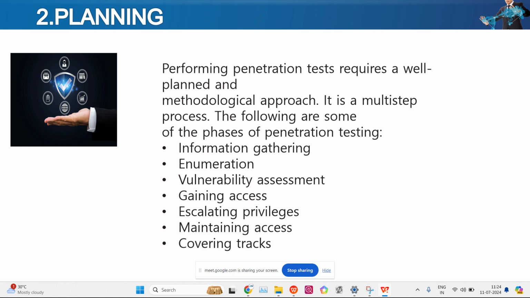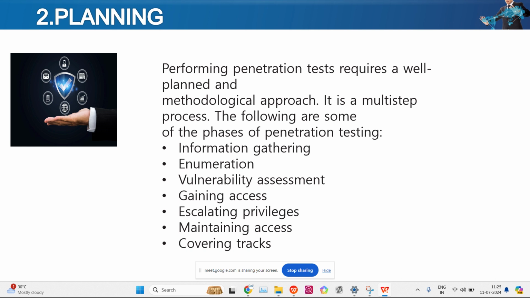And we want to gain access through the vulnerability assessment. We get the privileges or advantages to get into the vulnerability. Through this vulnerability we move into escalating the privileges. We will get all the privileges. In an organization there is a difference between usages: employees have a certain level of usage, and the admin has all the privileges. By using this VAPT, the white hat hacker may get all the privileges, and he will maintain